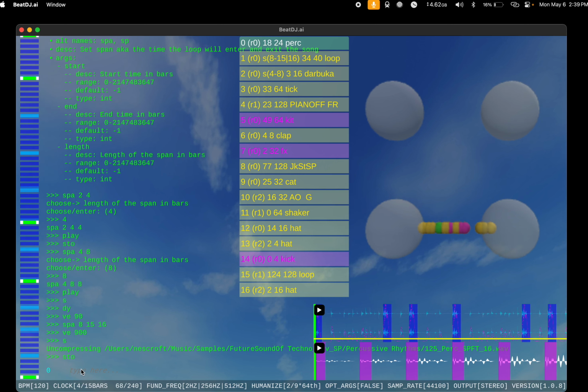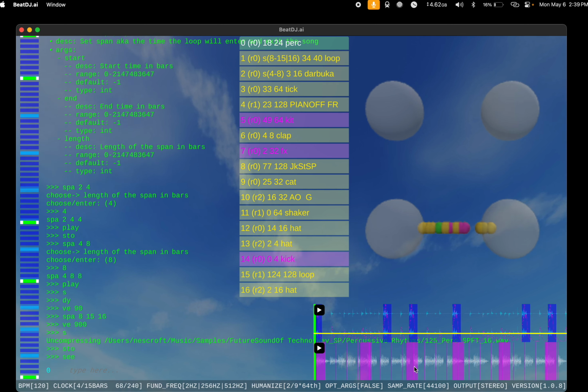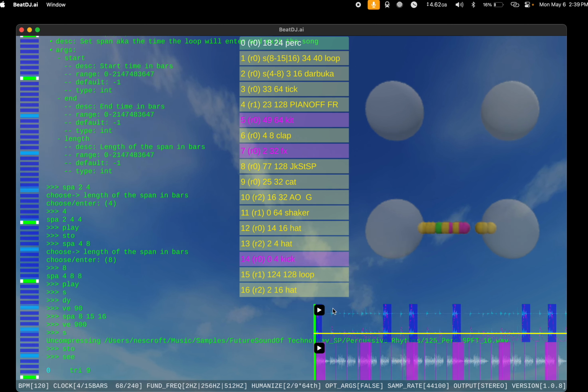Okay, I love the sound of this, but the rhythm of it is totally messed up. If I take a look at it, you can see the way it chopped it up, it has extra notes in there where it shouldn't. There's a couple ways to fix this. First thing I'm going to try is to set the trigger height to maximum. So that's this yellow line here, and what that's going to do is start at the top of the waveform and try to pick out notes